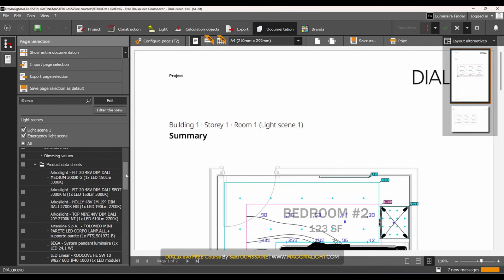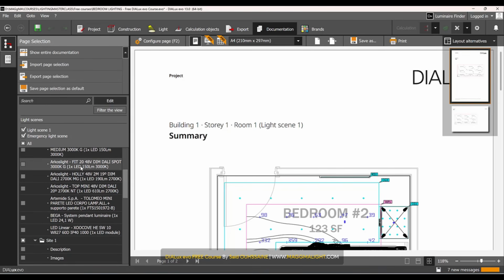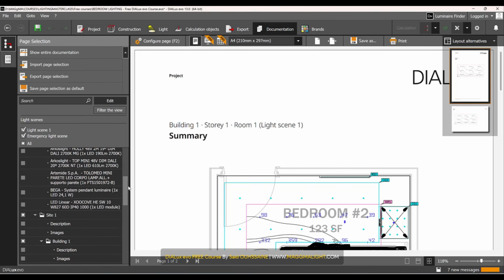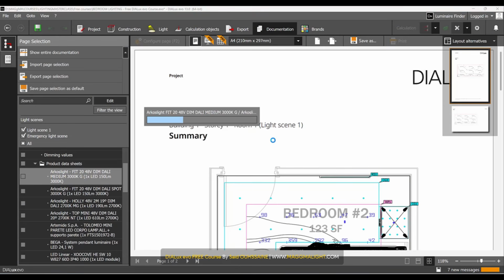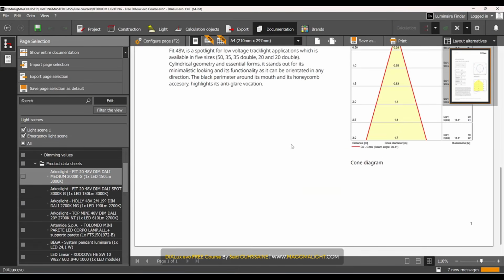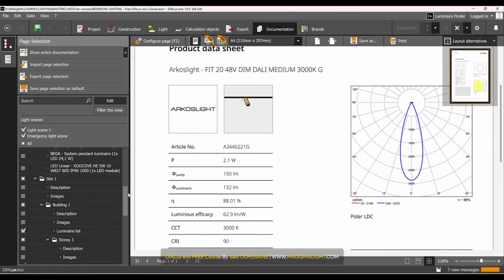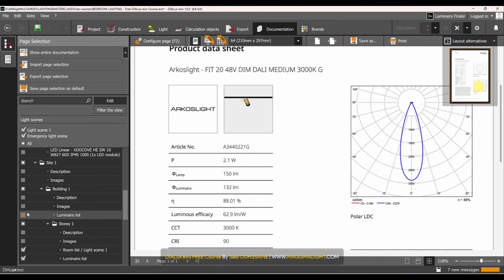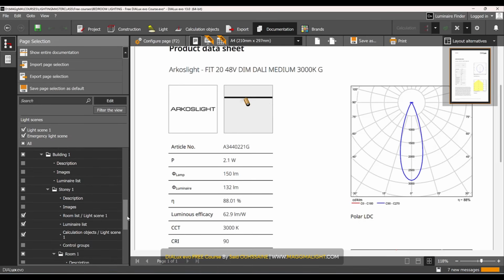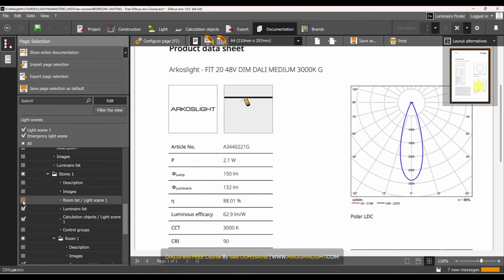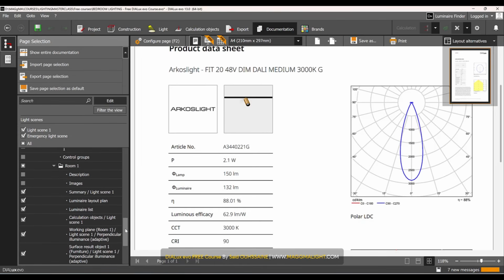If I want to share them with my clients, I go to the manufacturers' websites, I download the data sheets and I send them because they are more understandable there, because the DIALux ones are not the best, to be honest. So yes, I don't include them. Then I have the site, the building. I don't include the luminaire list, I have already included it in the beginning. Room list, I have only one room. Calculations, then I go further down to room